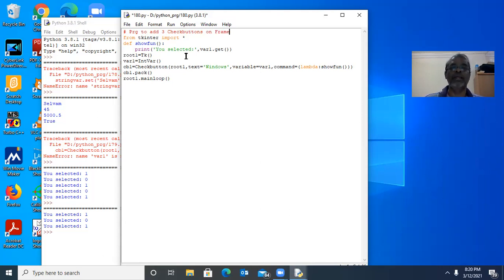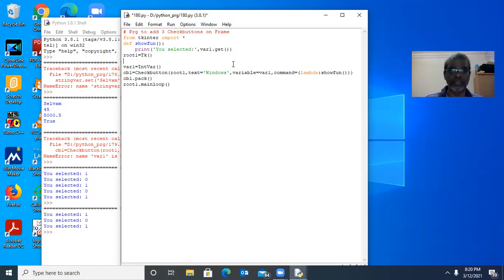So first, I would like to add one frame over the top level window. Over the frame, I want to add three check buttons. That is our aim. Good, we will see. First, I would like to create the top level window. Three variables I have to create. All should be IntVar,